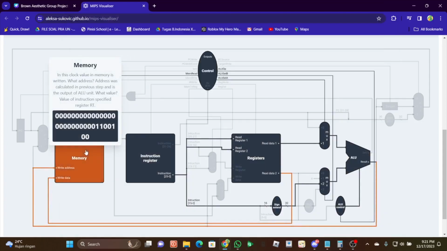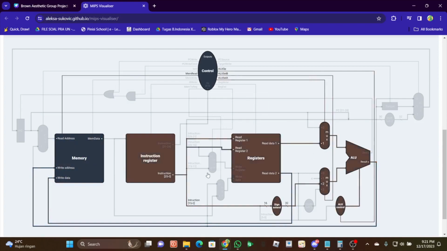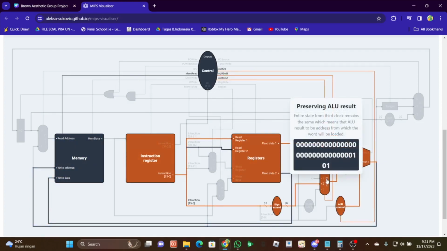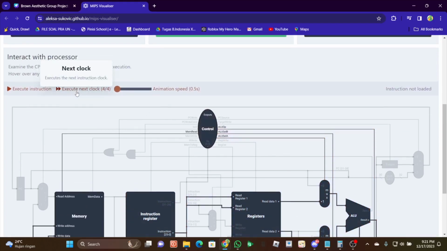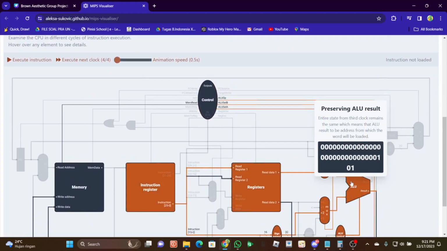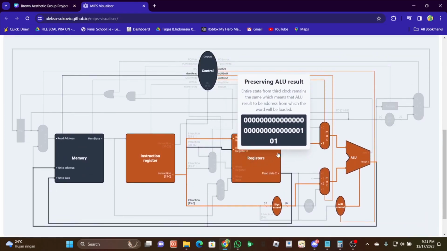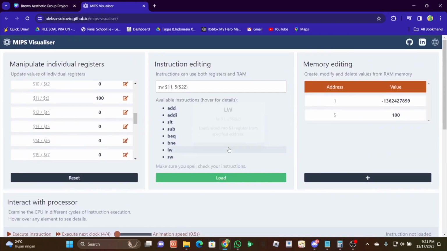Okay, can continue. After that, we get the result. The result that we get is from the address that we calculated in clock three. I know it's a bit confusing when we explain it like this. I would like to explain it